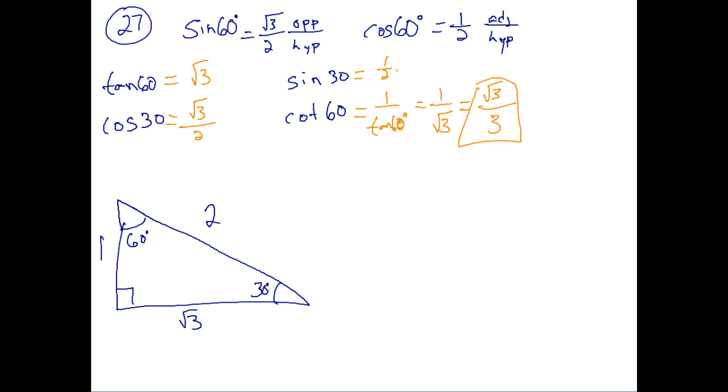Now, what do we notice here? We notice that sine of 30 is equal to 1/2, and cosine of 60 is equal to 1/2, and sine of 60 is radical 3 over 2, and cosine of 30 is radical 3 over 2. This is not a coincidence, and hopefully you actually wrote something about this in your notes when filling out the guided notes. But this is actually an identity, and you can also find this on the bottom